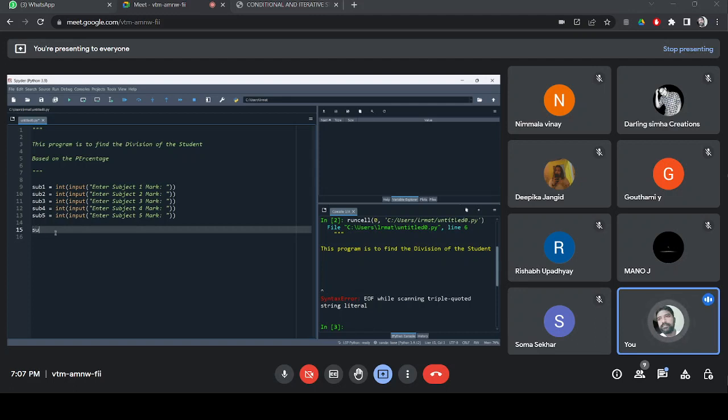Now, I can calculate a sum based on sub 1 plus. I want to copy paste this one also because it is going 2, 3, 4, 5. This is going to be 5. This is going to be 4. This is going to be 3. This is going to be 2. If I add all the values, it is going to give sum.